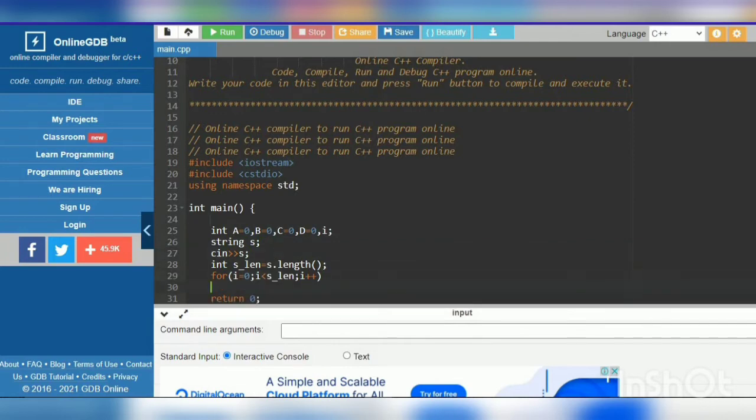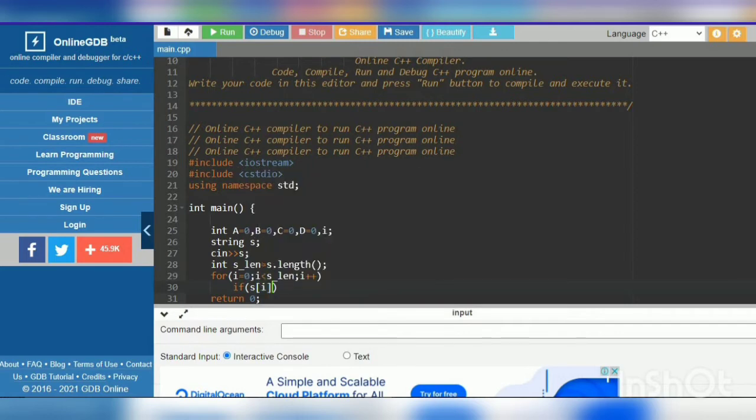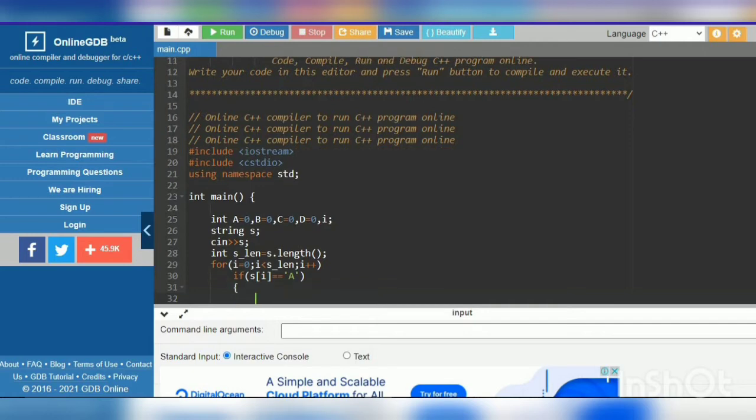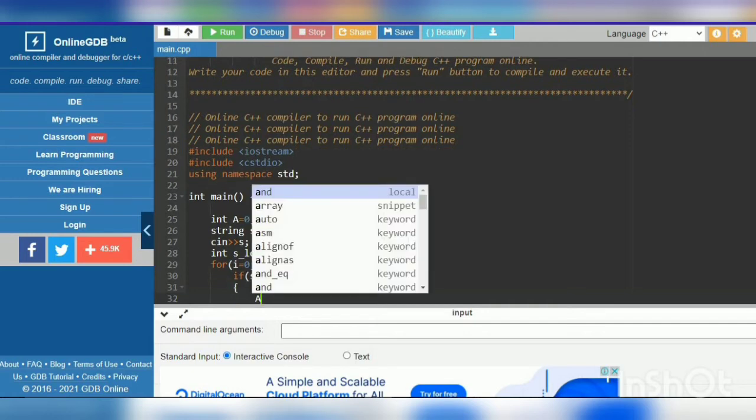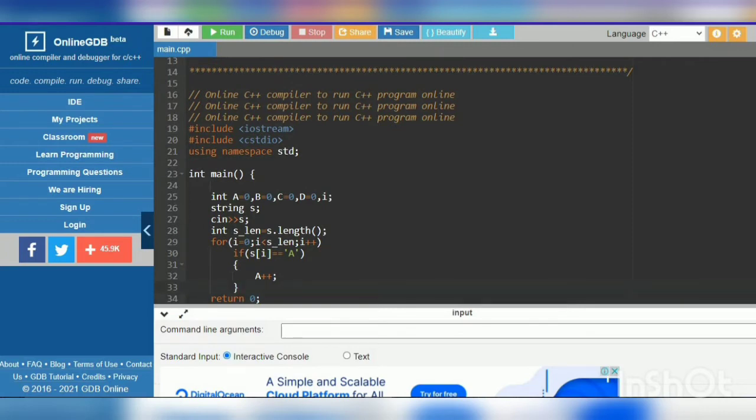Then in the for loop, if string of i equals capital A, then A plus plus, it will count all the A in the string.